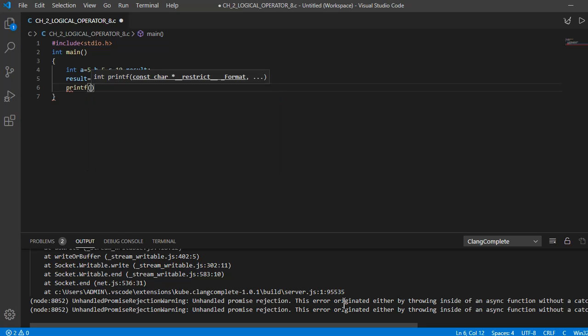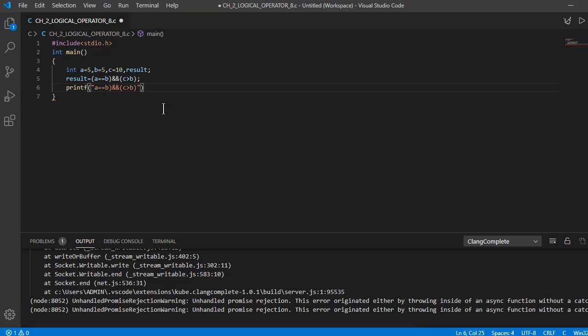Printf is used to print those results. This printf is a function whose body is defined in the stdio.h. We are just invoking that printf function to use it in our program. We can just copy those things and paste it here.